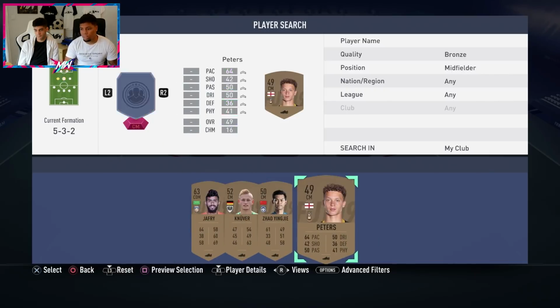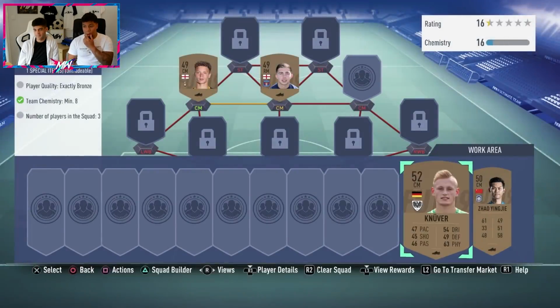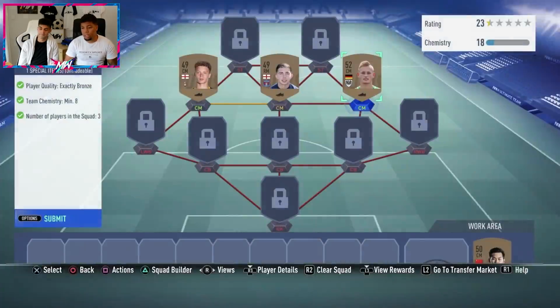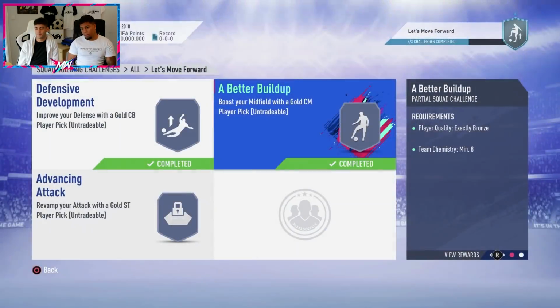I'm just trying to get rid of this guy by the looks of things. I don't want him in my club. I've put him in multiple times. I put the centre midfielder in there as well. We've got the chem, we've got everything needed. As easy as that. It literally is as easy as that, and we get a centre midfielder player pick pack, and